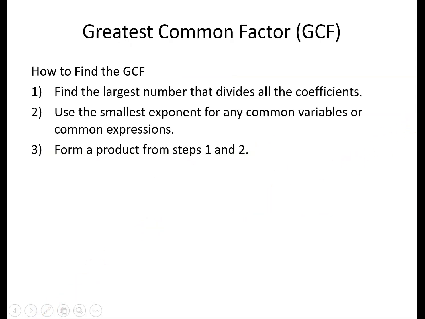Okay, greatest common factor, abbreviated GCF. To find the GCF, the first thing you do is find the largest number that divides all the coefficients. So you can remember, because it's greatest, that you're looking for the largest number that divides all the coefficients, the numbers that are in front of the variables. That's what the coefficients are. So like if I had